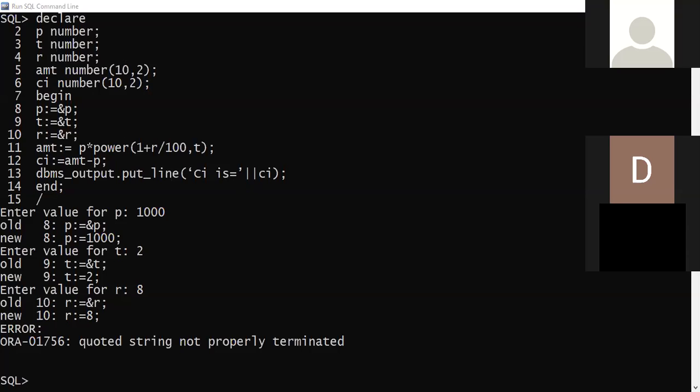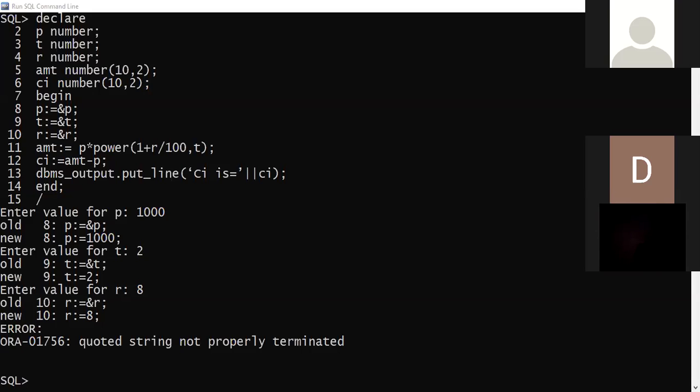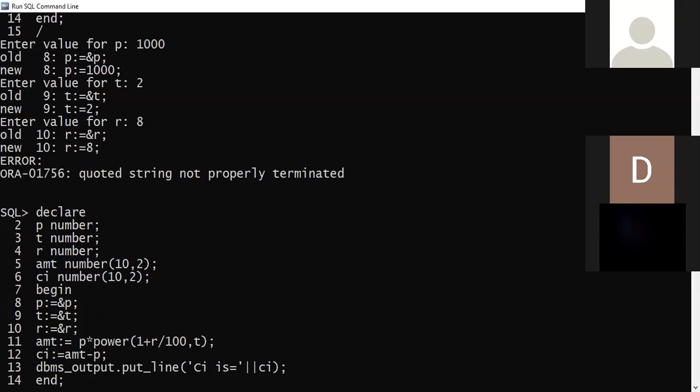Single quotes from Word are different than other single quotes. Now I'll go back to PL/SQL.